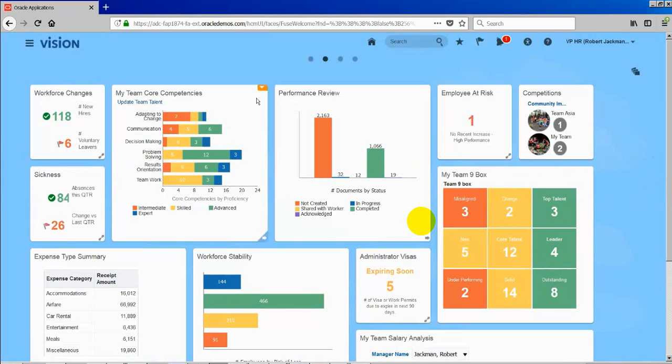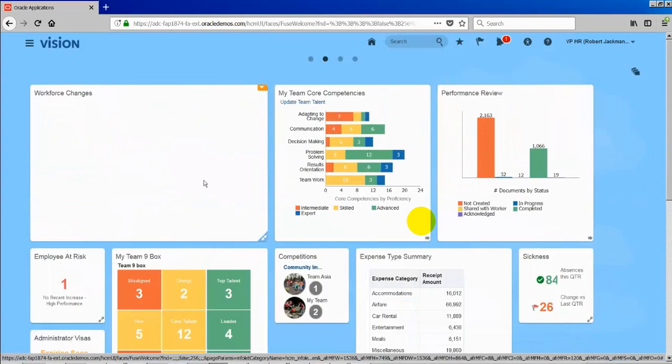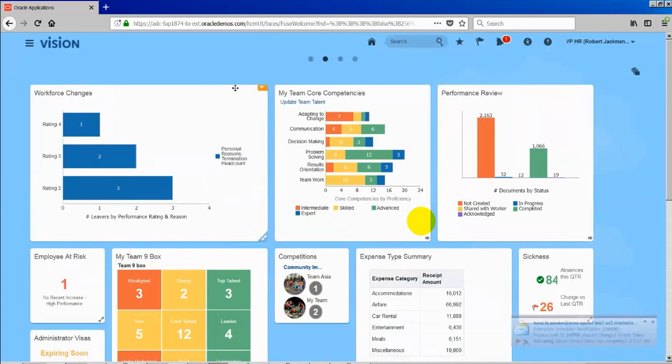Infolet is nothing but front and back. It's a report, but it will have a set of features, that is front and back. The front will have one report, and the back is another report, so it is a combination of two reports actually. This infolet has some features where we can hide it and edit the title and views. If you are asked what an infolet is, you could say it's a combination of two reports, and you can hide the infolet and modify its title.